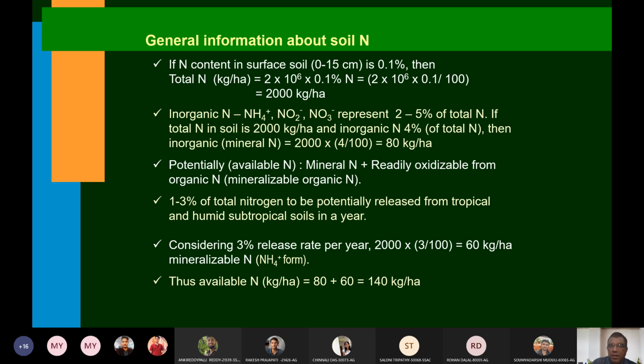Even the potassium permanganate method gives you available nitrogen. That available nitrogen includes your mineral nitrogen plus readily oxidizable nitrogen. So it is just to make efficient use of the nutrients. Otherwise, what would the nutrient be doing in the organic matter in the soil? We want the contribution of organic matter towards the nutrient, so we need to account for it.